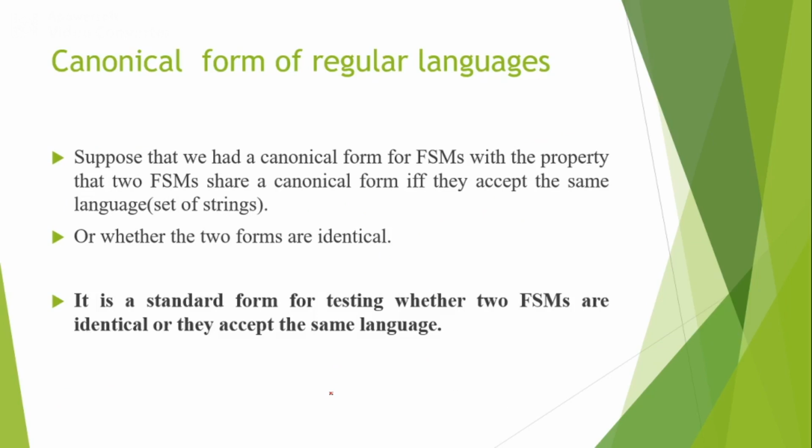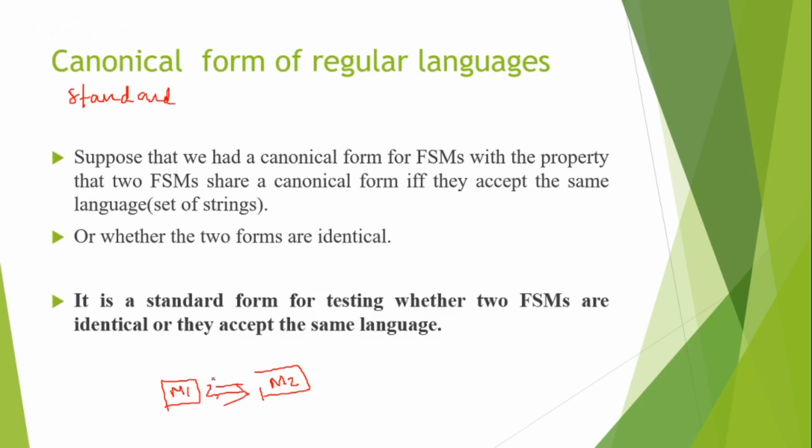Next we'll see canonical form of regular languages. Canonical form is also called the standard form or normal form. What I'm expecting in the canonical form is that I have one modeled machine and another modeled machine, and both should behave the same way for the same problem. That is why these need to be equivalent.